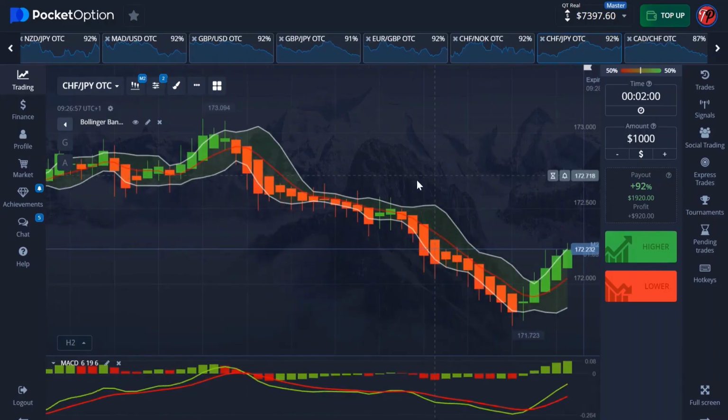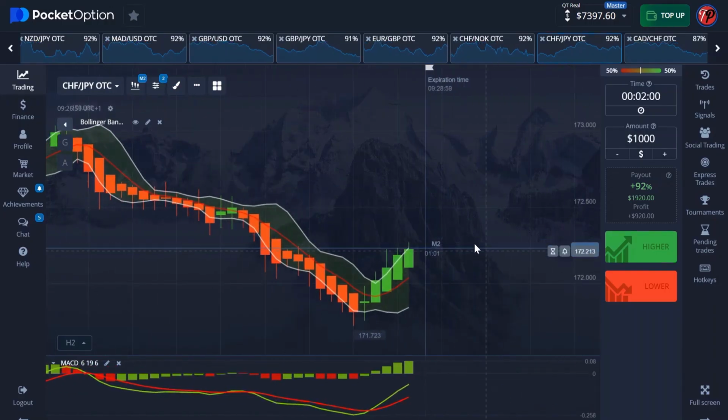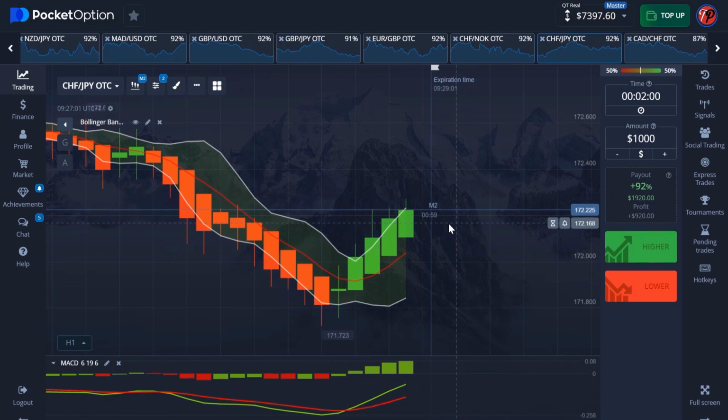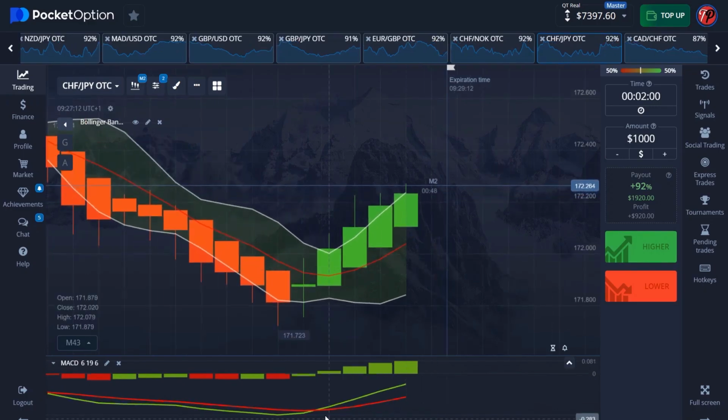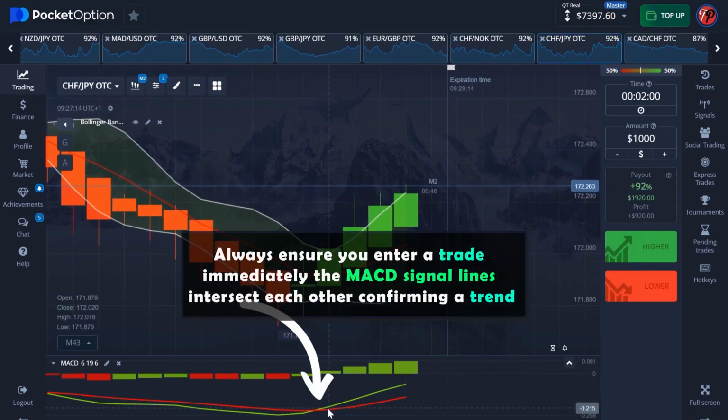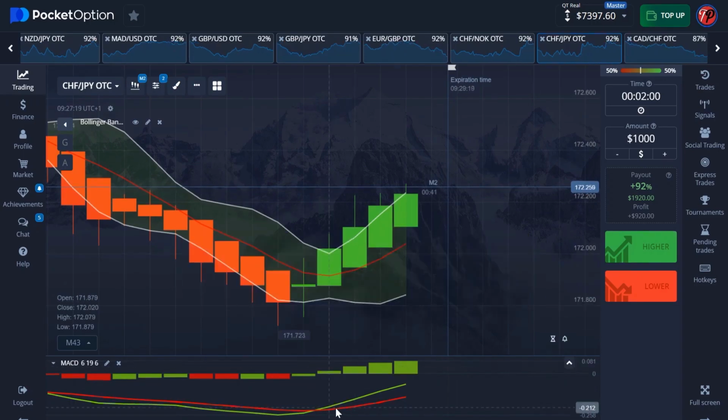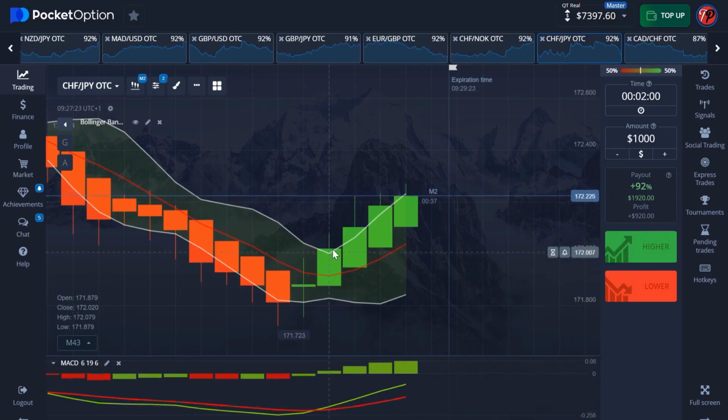So another thing I would love to add to this video that will make it even more effective at your own end. If you want to have a very good opportunity anytime you take the trade, always make sure that you're taking the trade when your MACD nearly intersect. If you take the trade, for example, over here, this is when the MACD nearly intersect, and this is the candlestick. So if you take the trade on this position, we're definitely going to end up in the